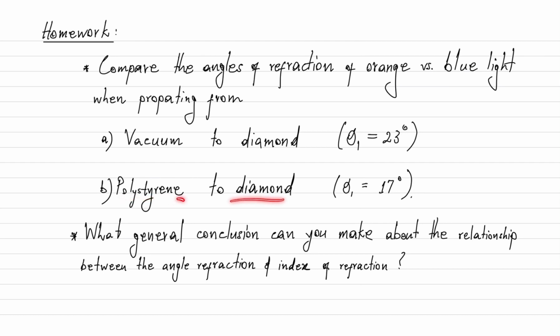How much do they change direction? How do they compare once they enter the new medium? And having done these two calculations, or actually it's going to be four of them, what general conclusion can you say? That is, compare how the shorter wavelength